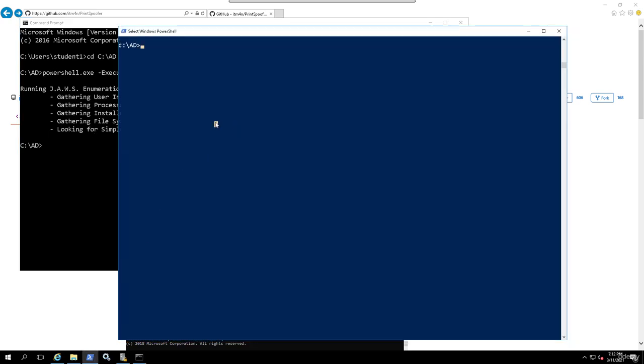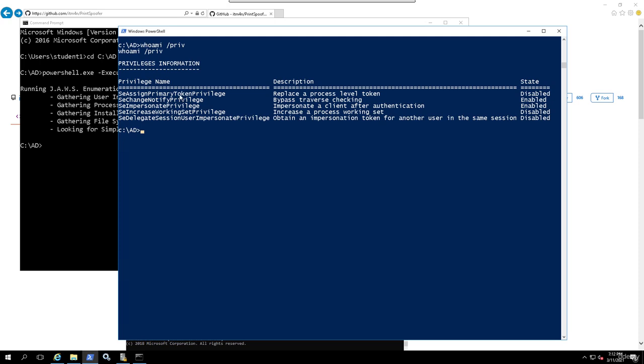let's go ahead and do it from here. whoami /priv. You can see the privileges that you have. So as you can see over here, we have the SeImpersonate privilege, and it is enabled. So as soon as you see this SeImpersonate, and you can see that you're able to impersonate a client after authentication,